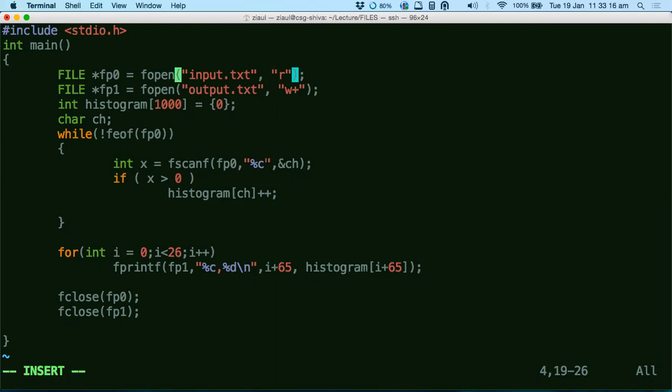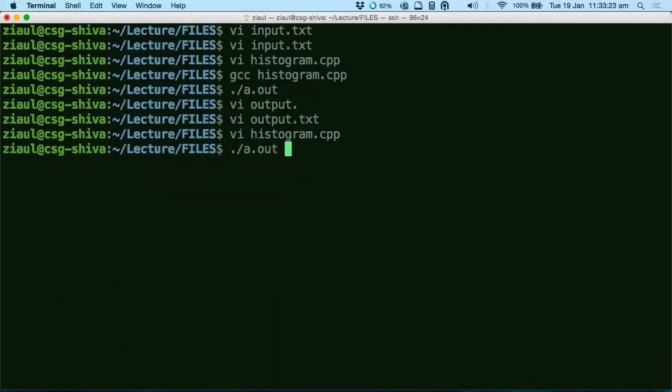To do this, I have to provide the name of the file during runtime. As I am doing ./a.out, here I have to say the name of the file. And the program will simply open this file and do the operation, which is the histogram counting. So this kind of parameters, which you can supply to your program during runtime.